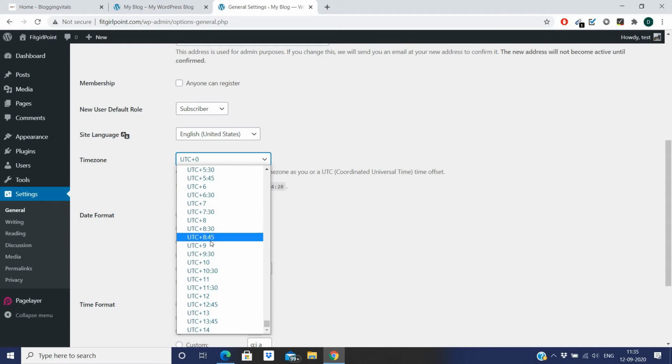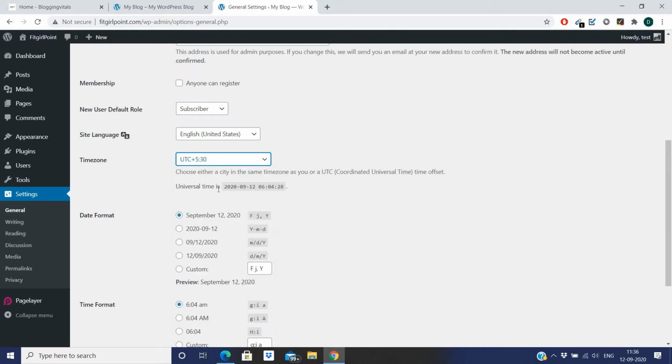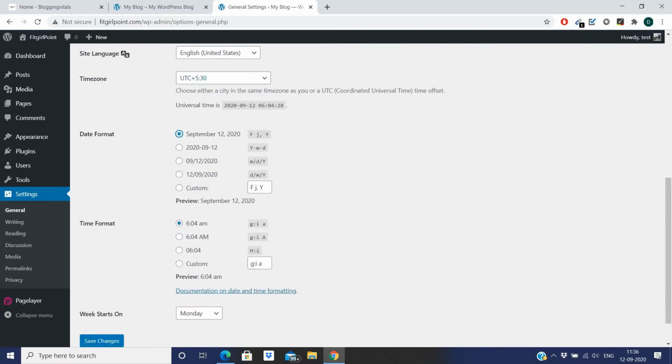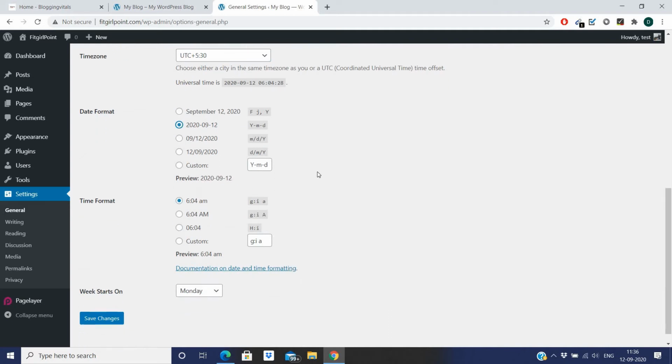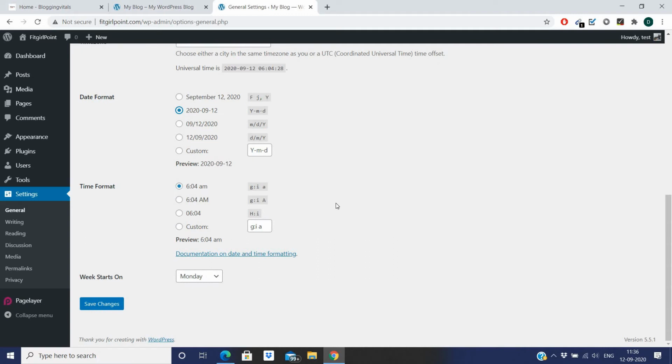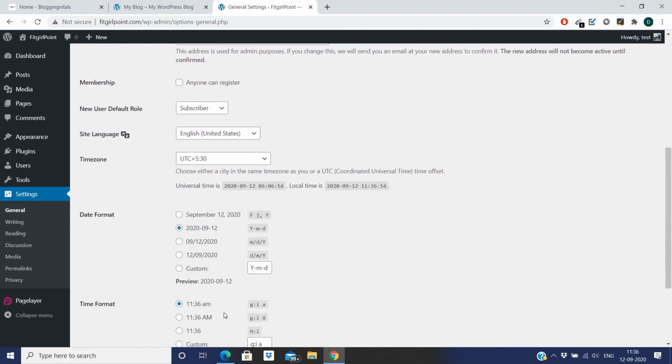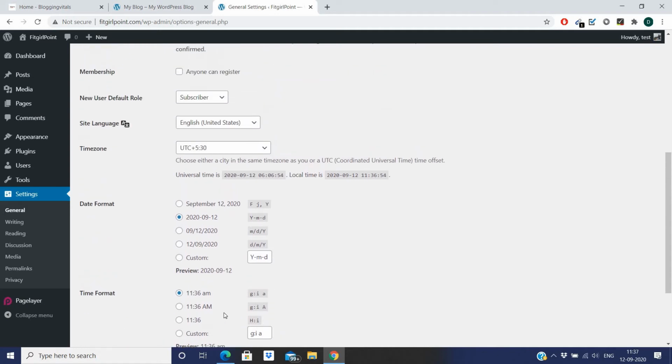I am from India, so my time zone would be UTC plus 5:30. And then there is the date format. I think this YMD format is better. The time format is okay, and the week starts on Monday. So now hit this save changes button. All the changes are saved now.